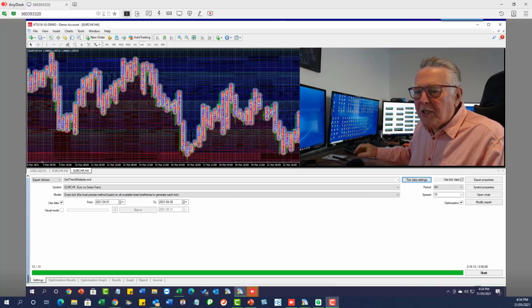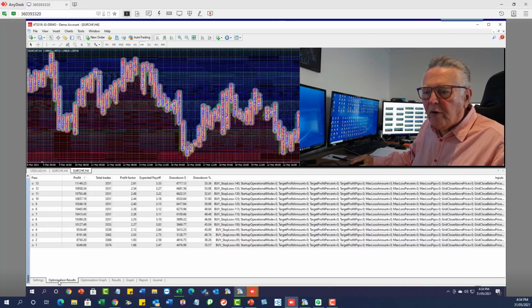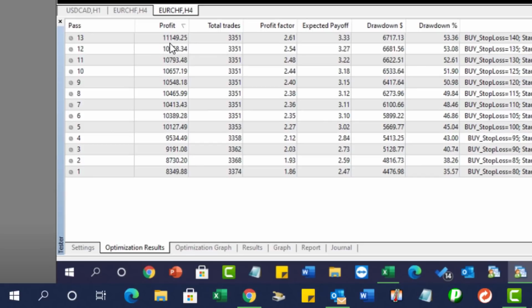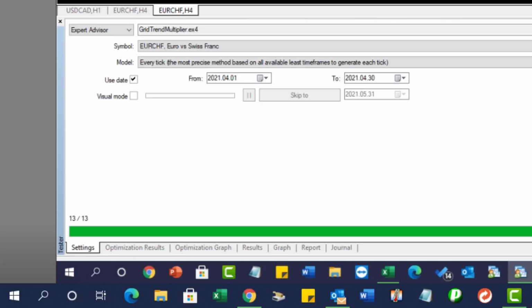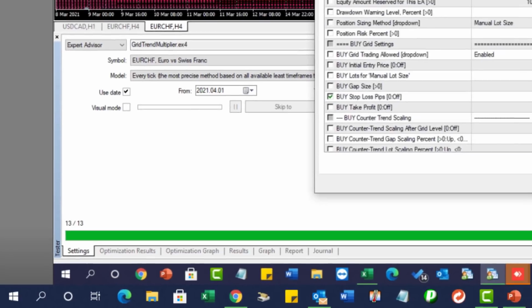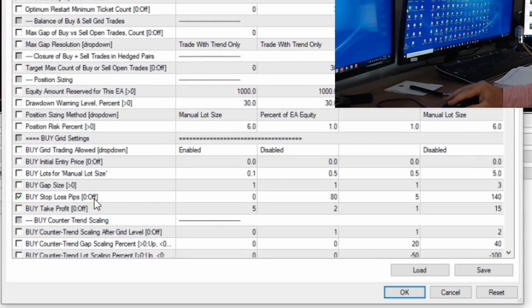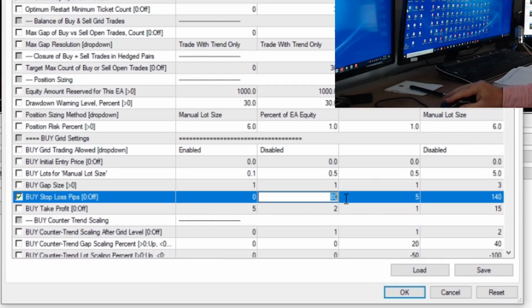Okay, the next test is finished, so let's go and have a look at the results, and we click on optimization results, and we see it's getting pretty close to the number that we've got, but it's still a progression. Look at that, a perfect progression up to that number, which means we have to go and test again with a wider range. So this is a lesson, and what I'm going to have to do is I'll go in there, go to the stop range, and we're now saying we're going to start testing from 140. We don't have to do too many now, but I'll go to about 180 just to see if that's enough. So we do that, we click on OK,